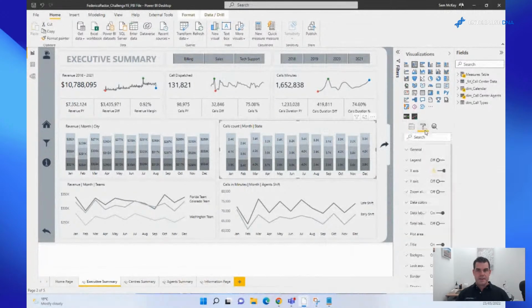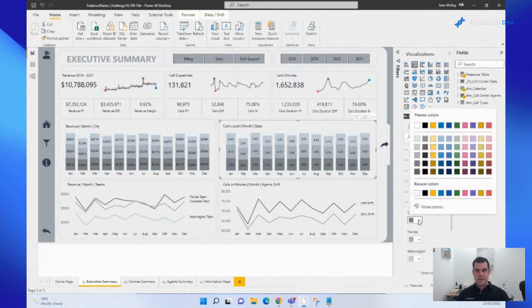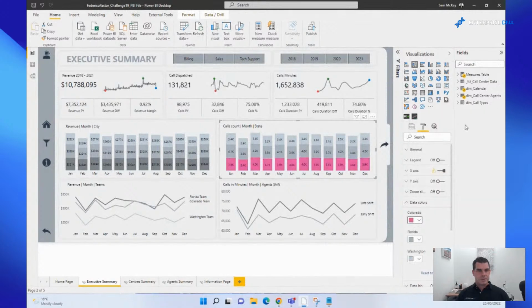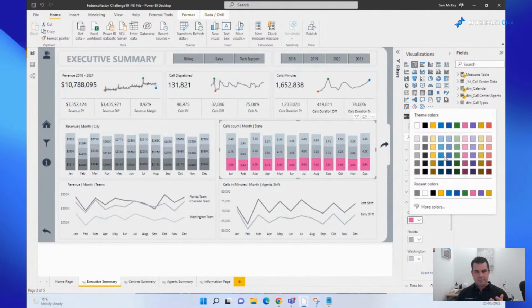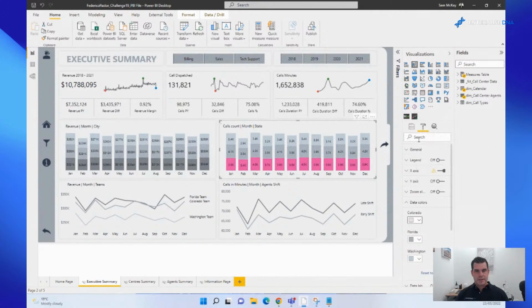If we decided to come in here and use a bit more variation, to me, it's not as consumable as it was before. It just doesn't look as tidy compared to just sticking to one shade of color.